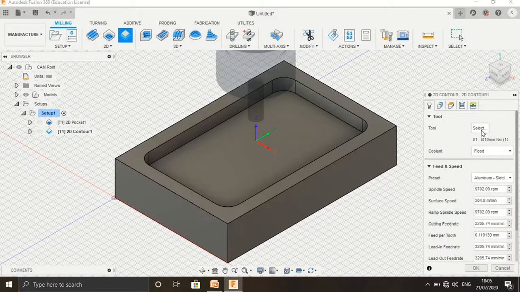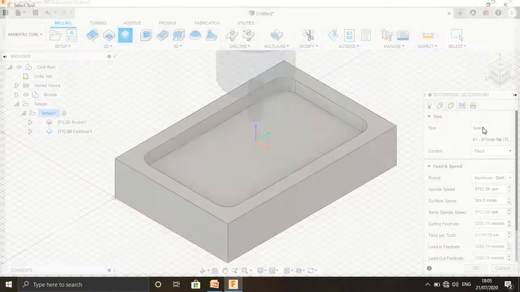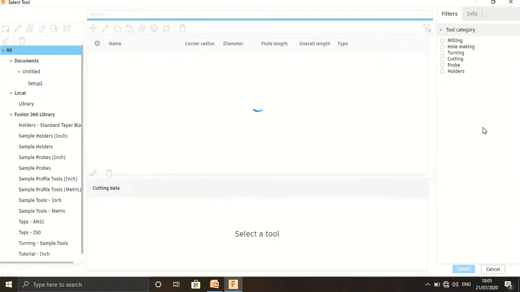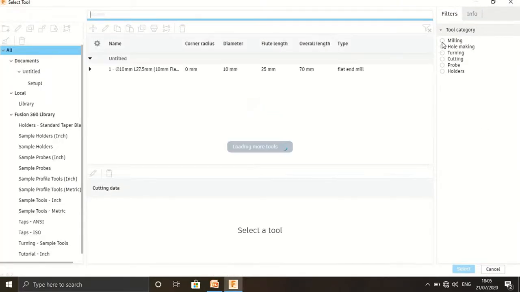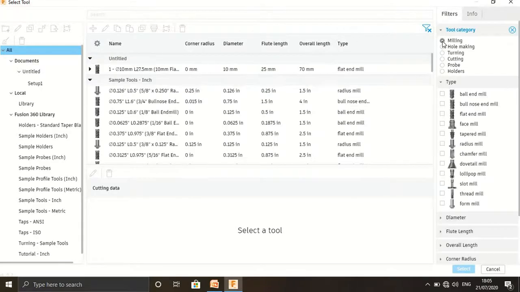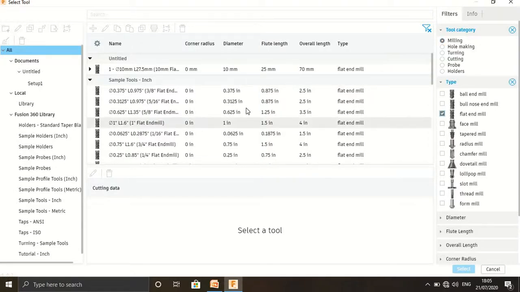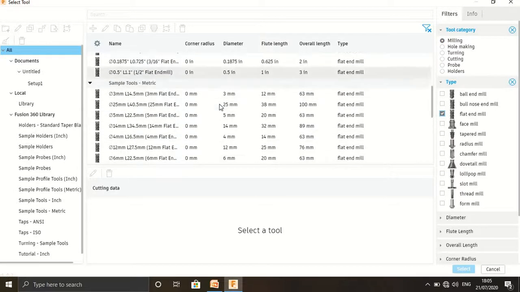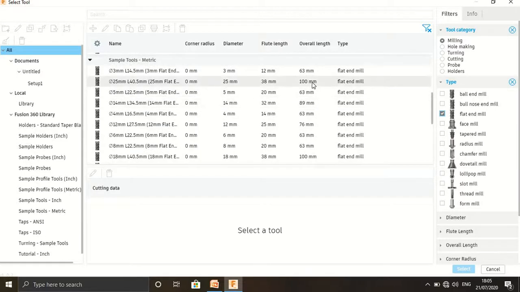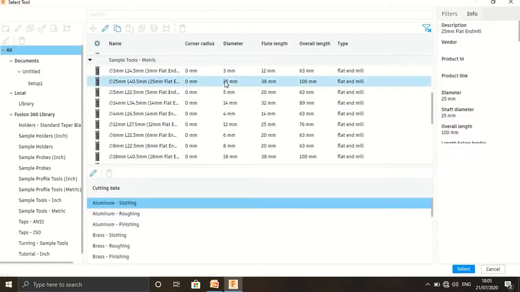In that 2D contour, again we need to select the tool for the outside edge. So the total width is 30. Select the tool, milling operation. Again select the milling operation, then flat end mill cutter, and also select the total overall length, diameter, and flute length.